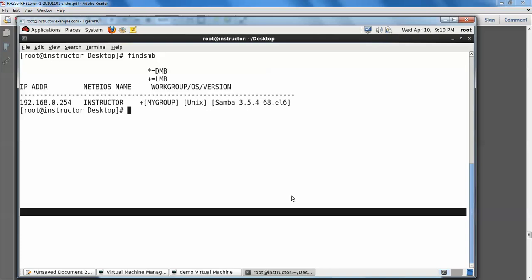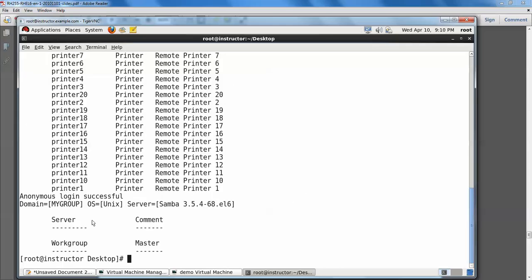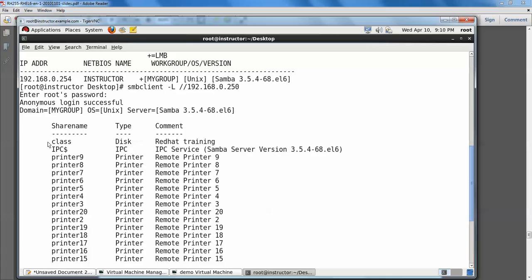Now you can run the command smbclient -L //192.168.0.250, password anonymous, users root. Anonymous login is successful. Your share name, what we gave, is class, right? Comment is Red Hat Training, right? We got it.